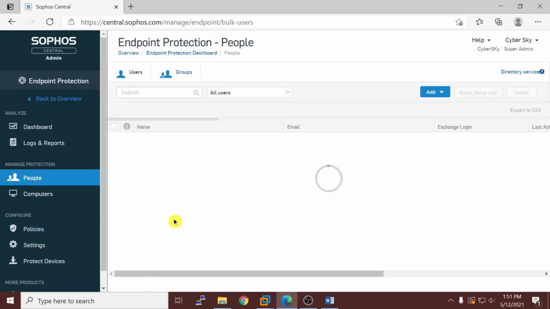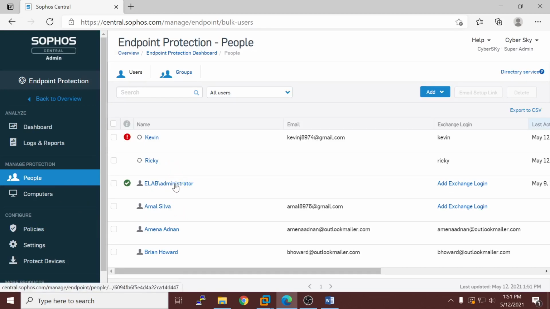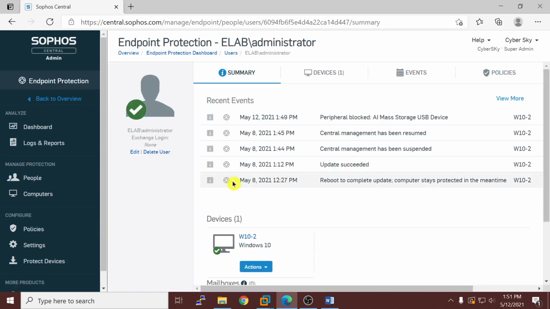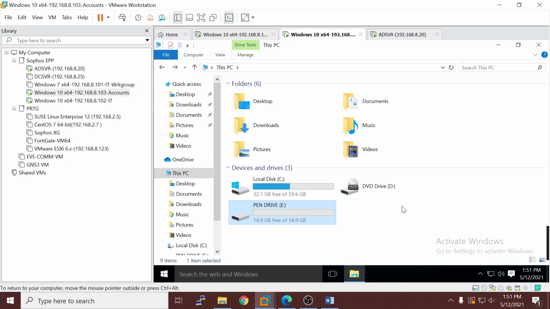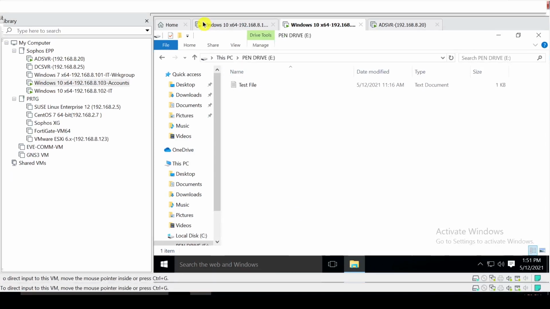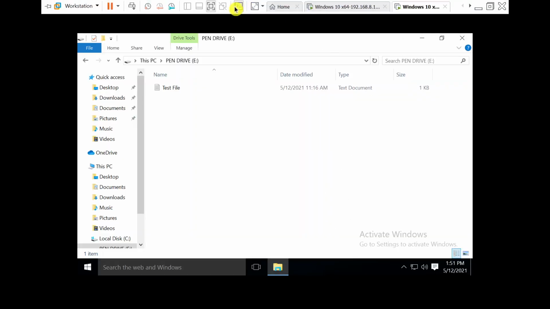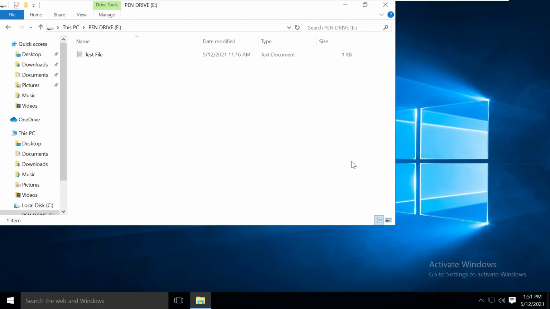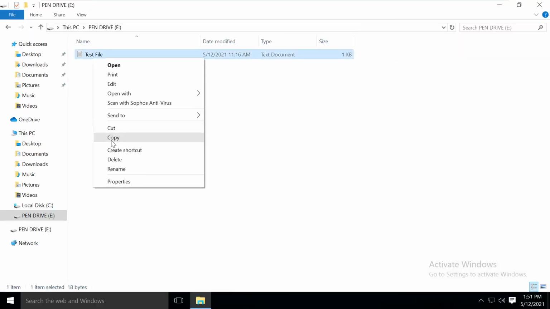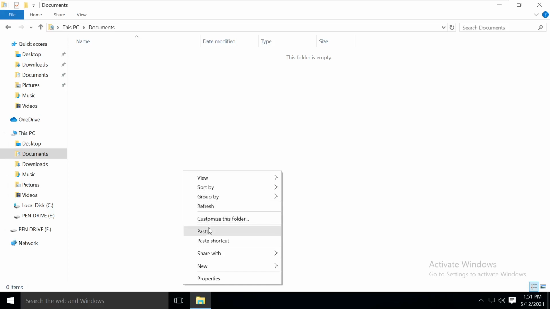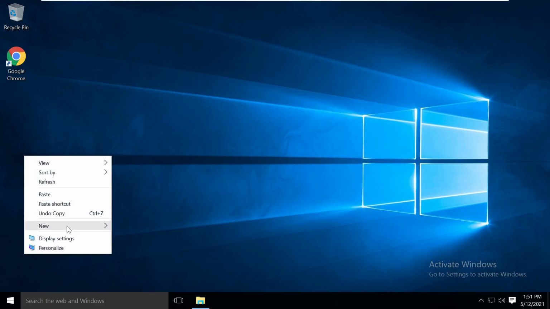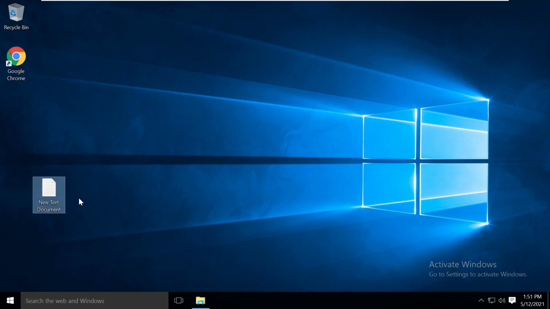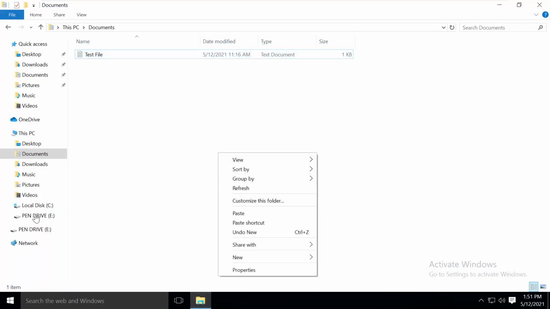Okay, that is the thing. So if you come to the people, you can see CLab administrator, and this is the thing you can see. So we can access this pen drive, and also if I minimize this, I can copy to it, and if I want, I can create any text document here and copy it to this pen drive also.